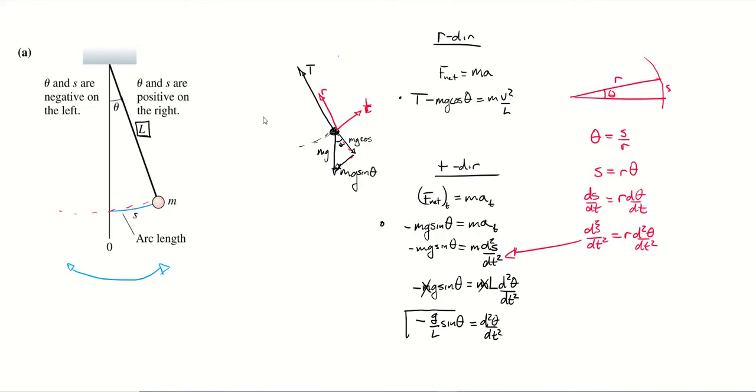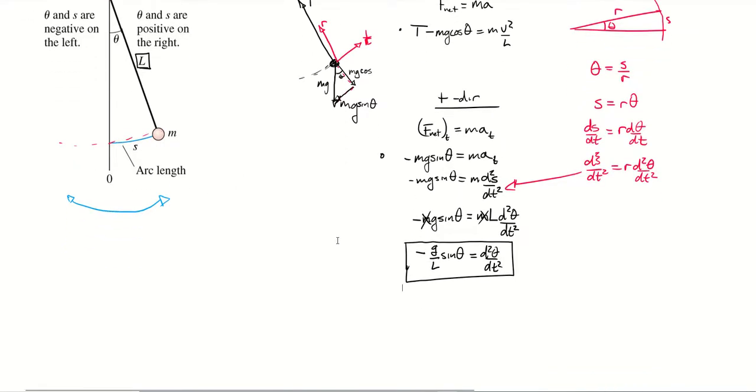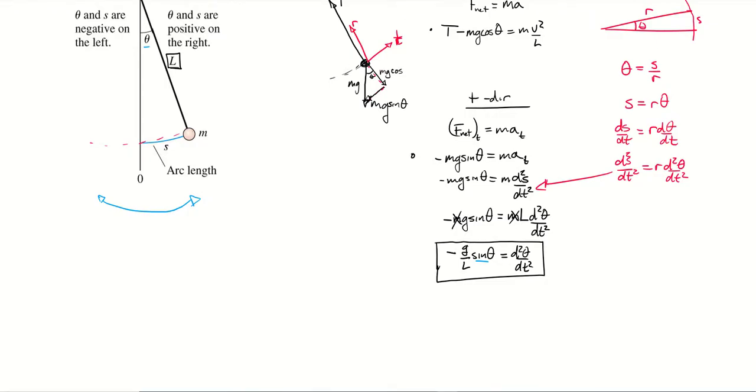So this is what Newton's second law gives us for the tangential direction of this mass hanging from a string. We can do one more thing with this, and it has to do with the angle theta. If we think about most pendulums and how we swing them, we're normally not swinging them very far around. If you think of a grandfather clock, the mass barely comes out. It doesn't come out too far away from the vertical, i.e., it's at small angles.